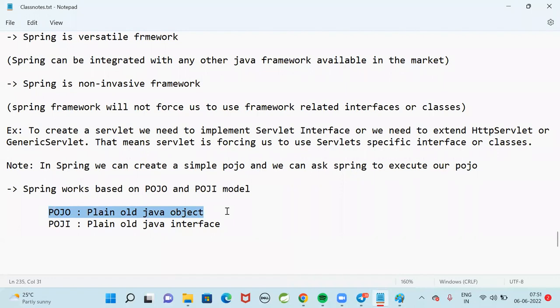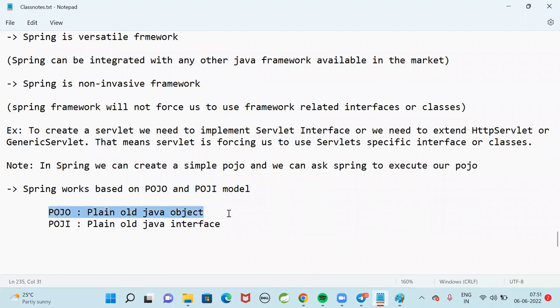POJO means a simple Java class which can be compiled by using only JDK. A class which is very simple and can be compiled by using only the JDK software, without any dependency, without any jar file. If you can compile your Java class this way, then it is called a POJO class.